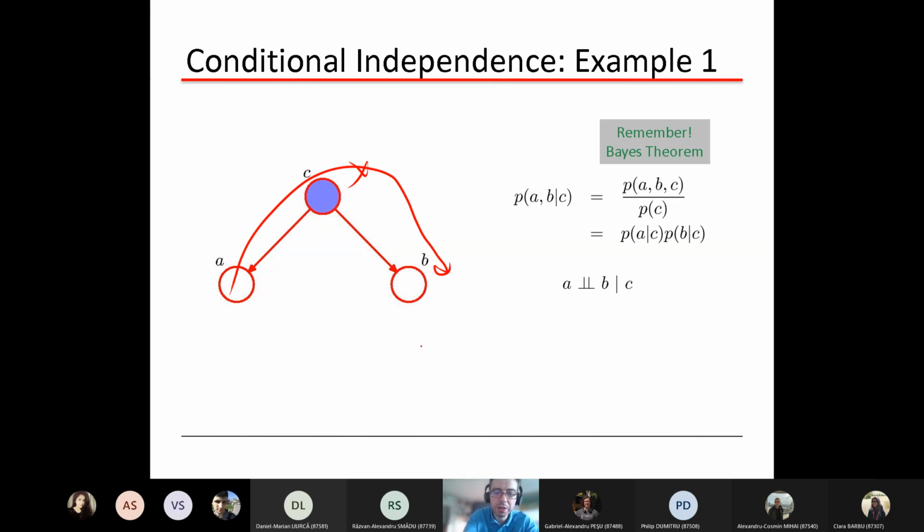Cool. And one way of reasoning about this, imagine that C is actually a symptom. C is affected if we know that a patient has fever or not, or is coughing. If we know a patient has fever,